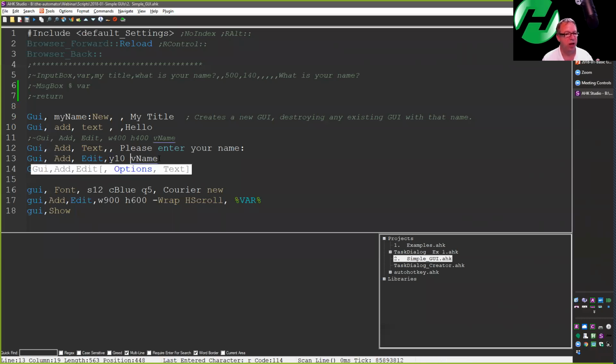And then, so with GUIs, and actually I noticed this, I think a lot of libraries in Python do the same thing, it's bizarre to me, but I understand why: to store the value, you put a V in front of the variable that you're going to name it. And in this case, I shouldn't have said name, but that's going to be the name of the variable. The name of the variable is going to be name. Now, because I'm in my GUI here, you put a V in front of it, and it'll say later here, when I say show edit var,